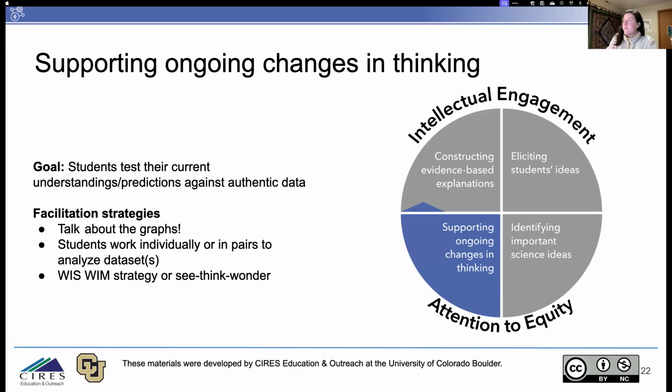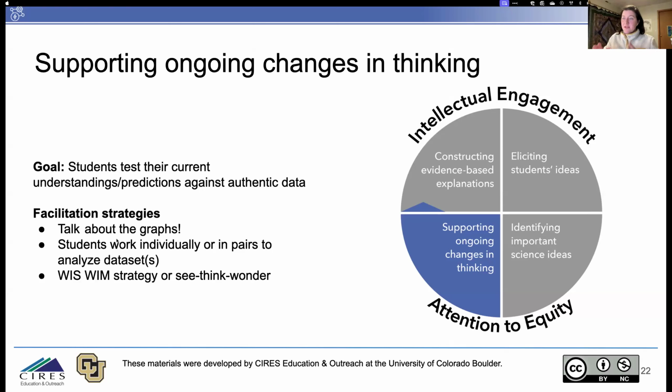Okay, so our third step in the data puzzles framework, supporting ongoing changes in thinking. This is where we're testing their predictions against authentic data. So this is where we're starting to look at the maps. There's a couple different facilitation strategies for looking at graphs.